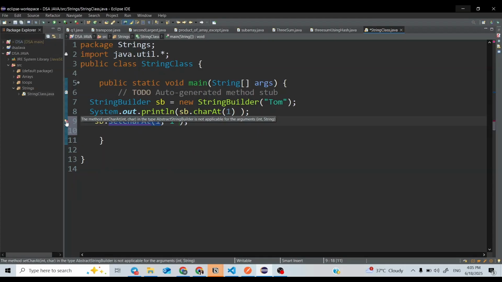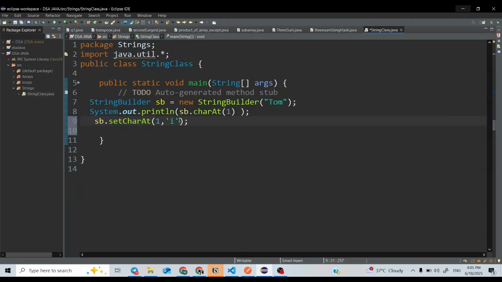Okay, so it is showing in red, which means there is some compile time error. The method setCharAt in the type AbstractStringBuilder is not applicable for the arguments int and String. So here it is saying that you are passing a string, which is not applicable. So instead of double quotes I have to write single quotes.